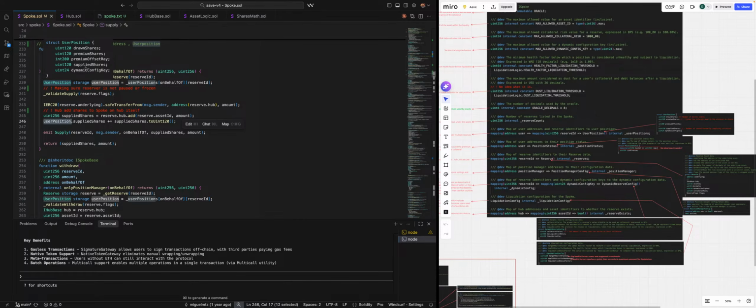Supplied shares are like how much user has supplied, and dynamic config, if I can recall, is basically liquidation parameters and the collateral factor, right? So that is like under what configuration the user is being added upon. Supplied shares, user position,